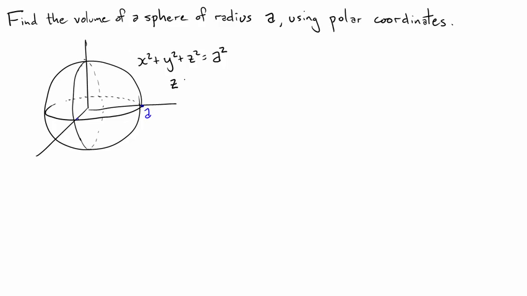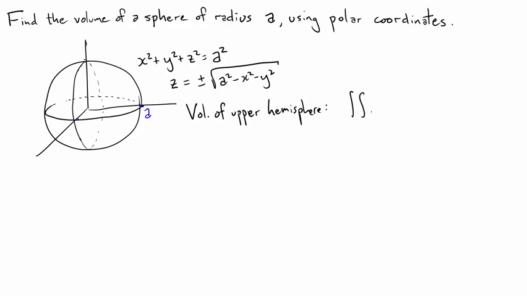So if we solve for z, we'll get plus or minus the square root of a squared minus x squared minus y squared. The plus minus corresponds to the upper and lower hemispheres. So let's find the volume of the upper hemisphere and then we'll double it. So volume of the upper hemisphere